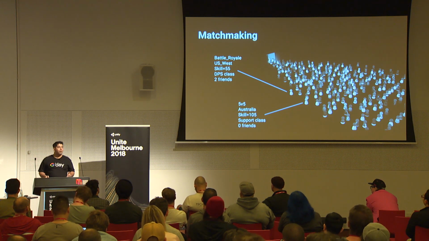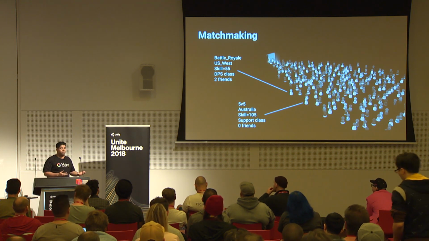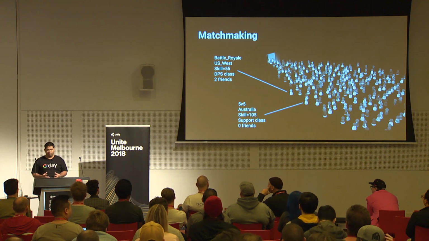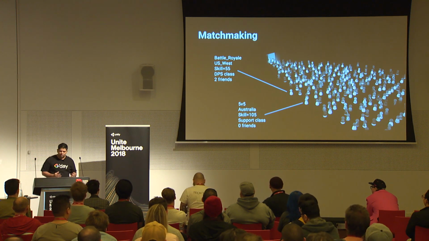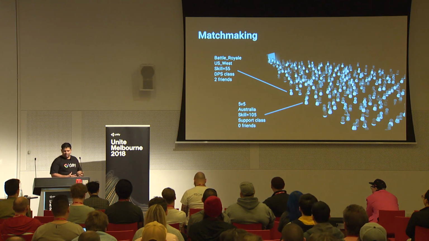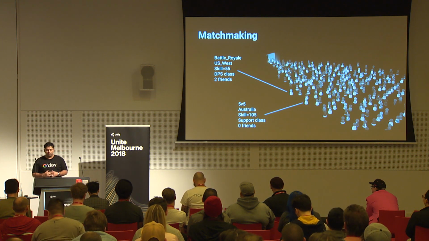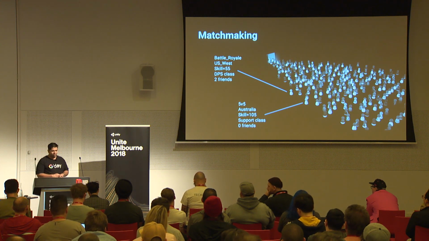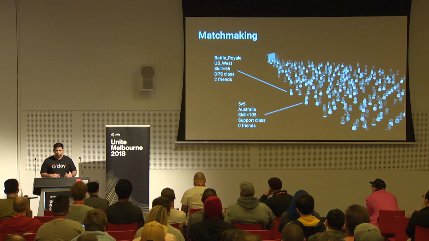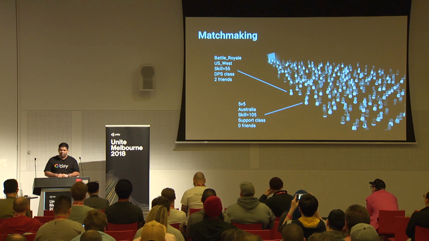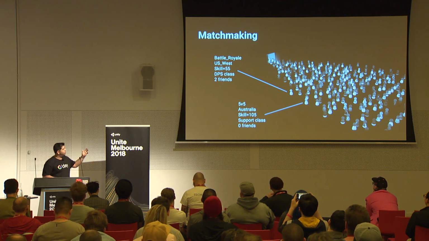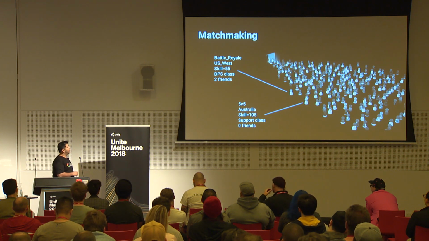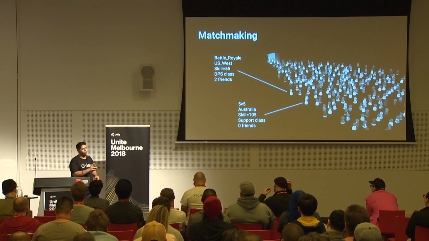At its core, the matchmaker is the front door to your multiplayer game. Everyone enters this door when they need to find others to play with. However, this pool is not homogeneous, and games can only succeed by considering some specific attributes per player. For example, here we've got a group of players that are ready to play. One of them is based in US West. They're looking for a battle royale game. They have a certain skill rating, and they want to play with their two friends who happen to be online as well.